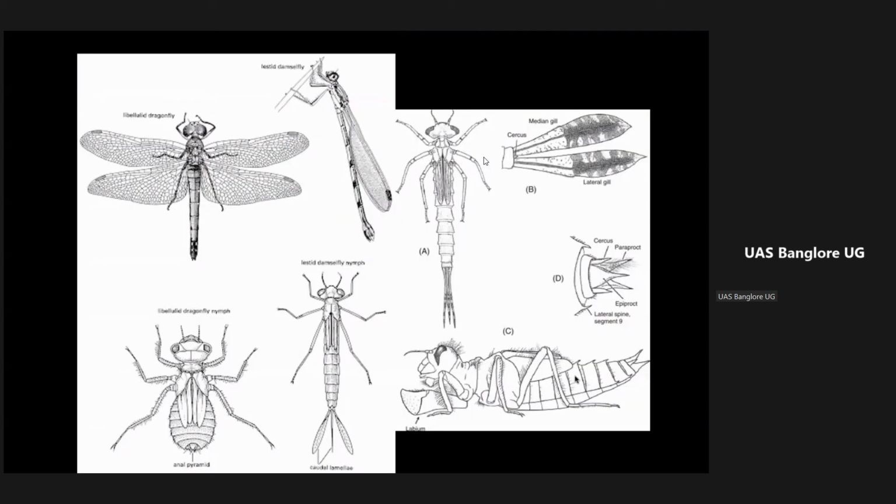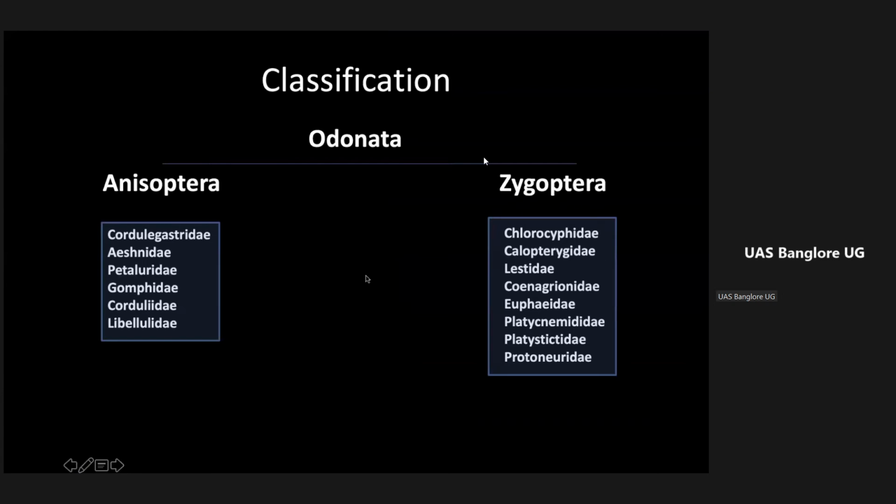Somebody wanted the difference between a dragonfly and damselfly. Whenever the dragonfly sits, it puts the wings horizontally, whereas the damselfly puts the wings on its abdomen in a vertical position. The nymphs, the naiads, have the caudal gills in damselflies, whereas they have the rectal pads or rectal gills in dragonfly naiads. So that is how you can differentiate. Clear? Any doubts?